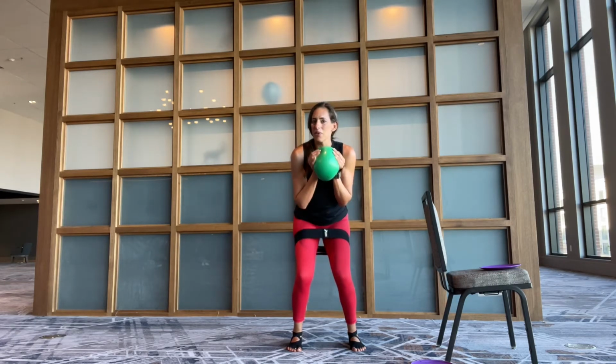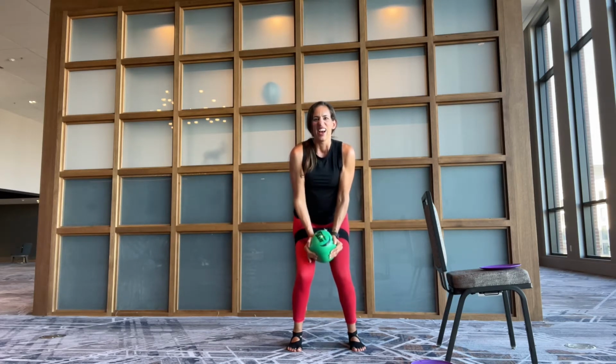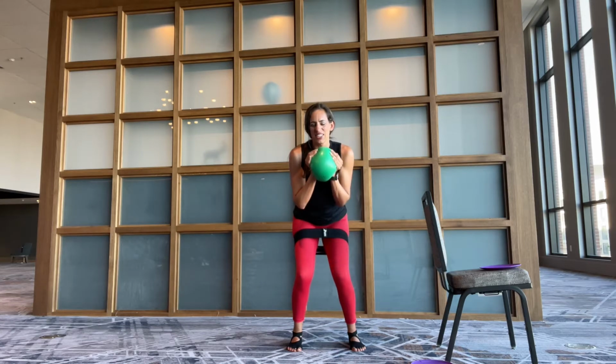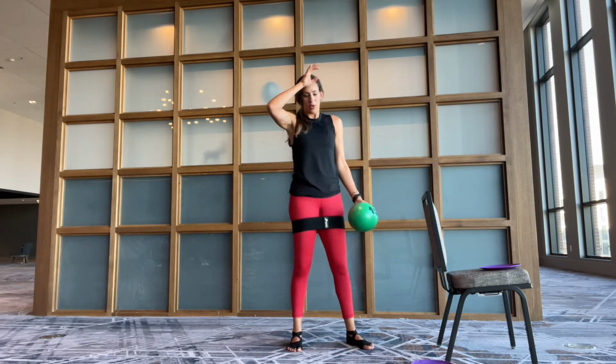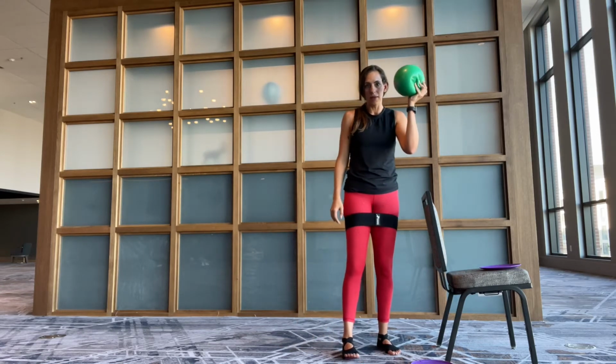And then we're going to be done with this chair move, and we won't see it again for the rest of the workout until the cool down. We're going to do a stretch with it. And come on up. Woo. All right, we're going to keep the ball